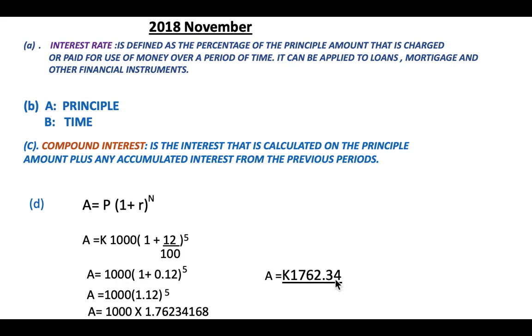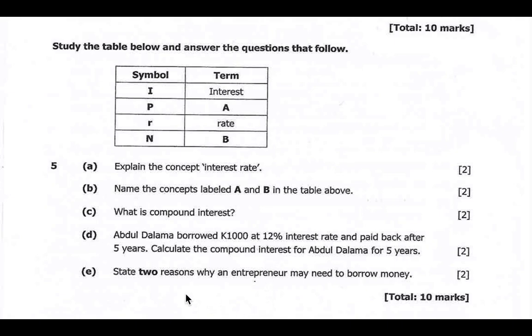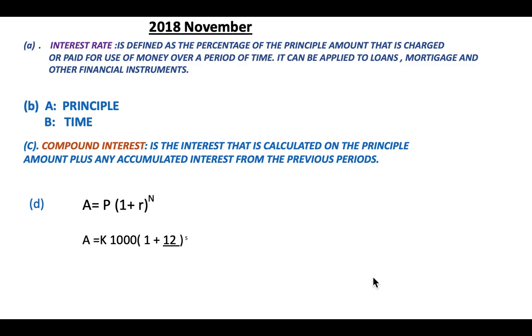Okay, so we now look at the other question, the last question. So the last question which we are having, okay, so we are given this one. State 2 reasons why an entrepreneur may need to borrow money. What are the reasons for borrowing money? So let's try to see. So the reasons for borrowing money, we can say,